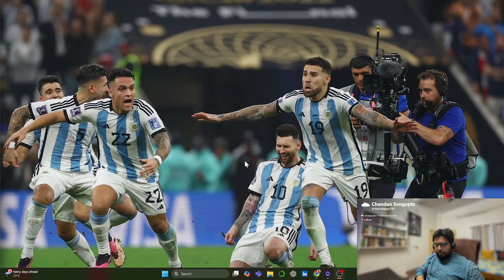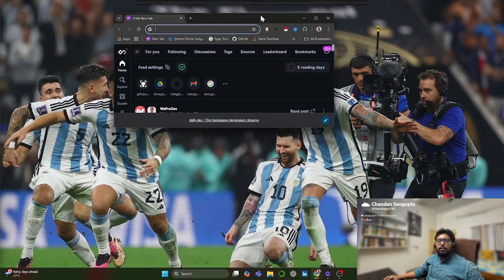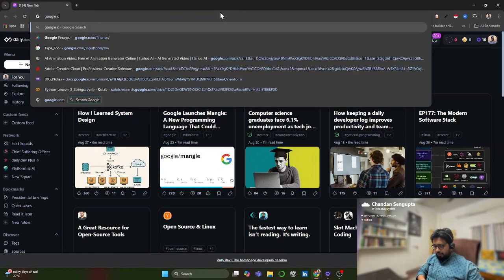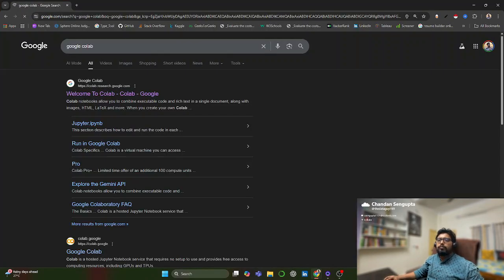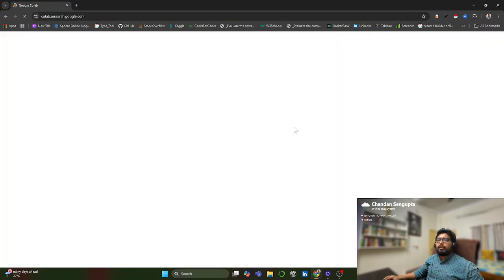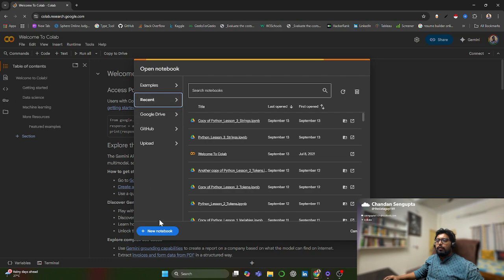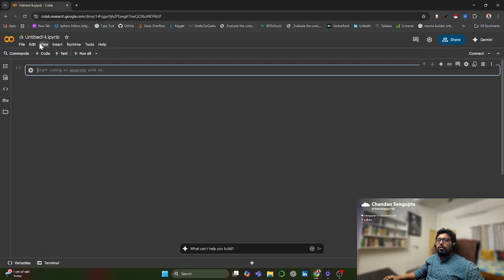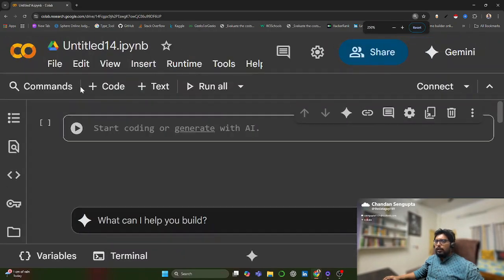As you know, we are using Google Colab. So what we will do, we will get into Chrome first. In Chrome, we'll simply type Google Colab. You'll get this screen open up, and I will open up a new notebook. Let me zoom it in for you. I think they should do right. Okay,